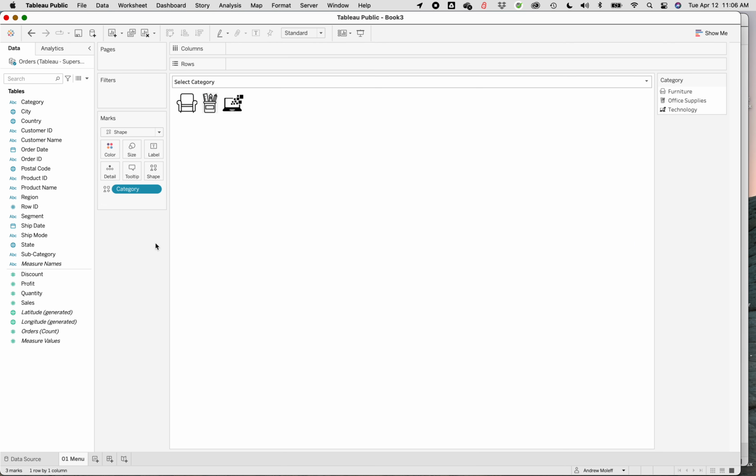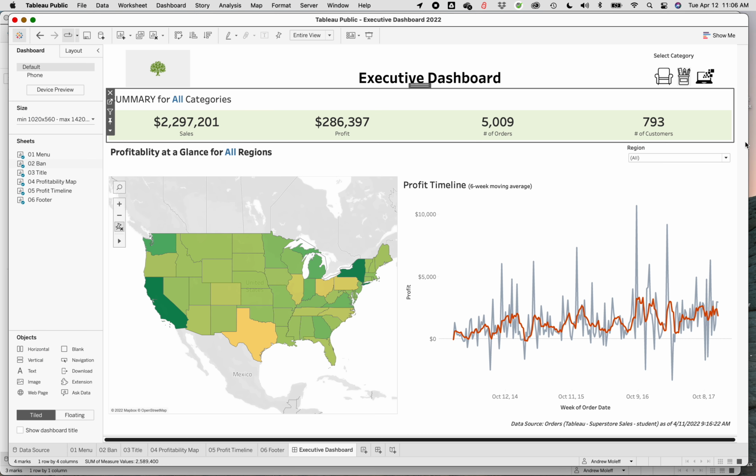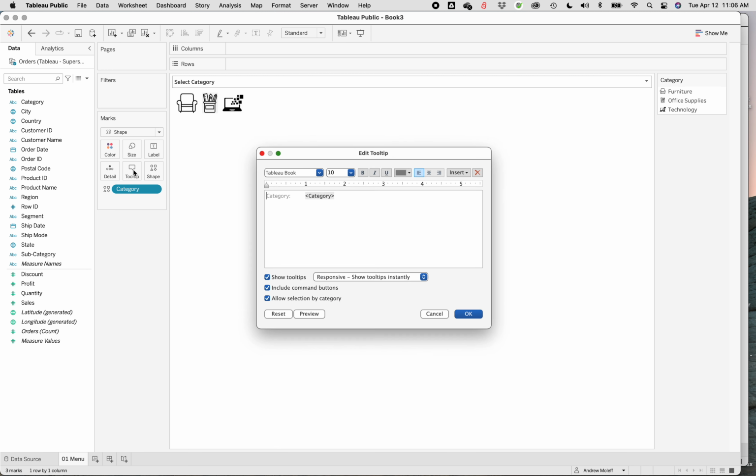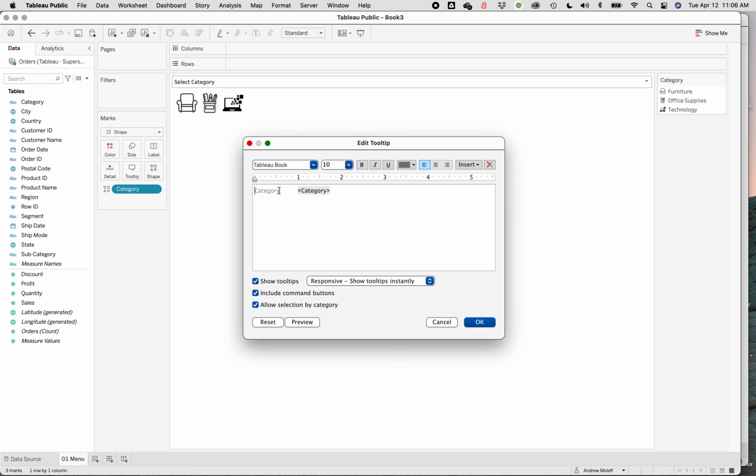Well, to complete this, we've got a couple of other things to do over here in Tooltip. The reason why we want to do this here in Tooltip is if you notice when I hover over this, it says filter dashboard by furniture, by office supplies, by tech. We're going to do that. We're going to create that here in the Tooltip. So click on Tooltip under Marks, and the very first thing, it just says Category right here. So we're editing this Tooltip, and we want this to say